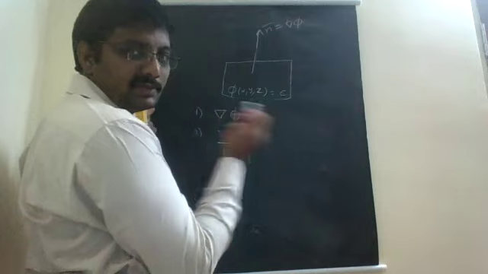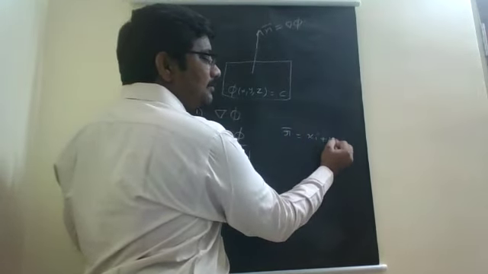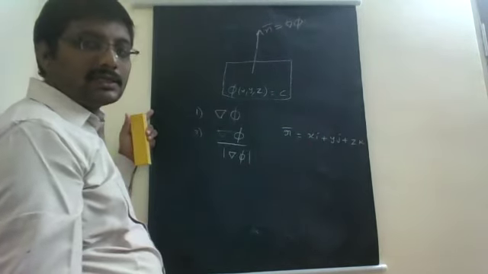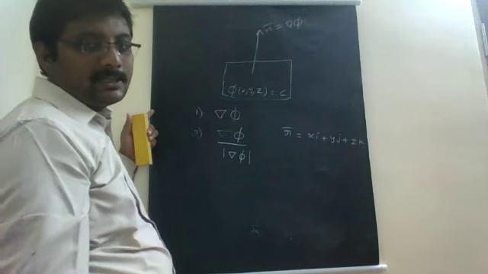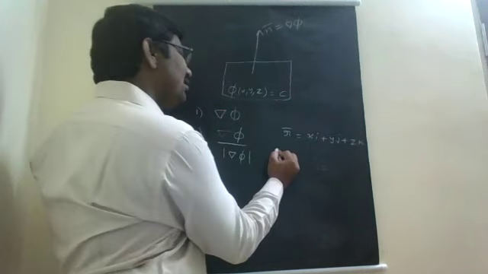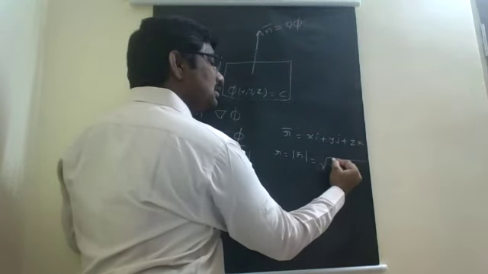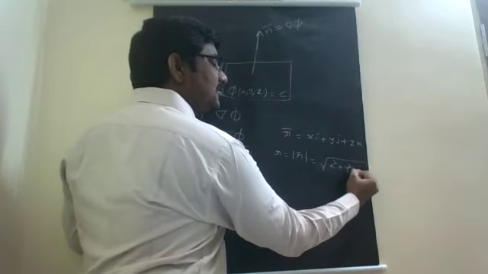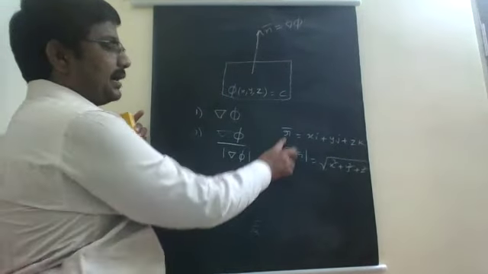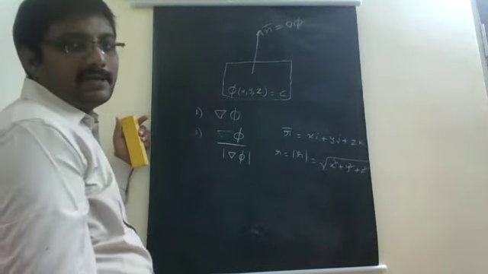So it is the unit normal to the surface. Modulus is nothing but magnitude. For example, suppose r bar is xi plus yj plus zk, that is the position vector about the origin, and any point P of xyz, that is OP bar. OP bar is nothing but r bar, and r is the modulus of r bar. So modulus of r bar means magnitude. It is the square root of x square plus y square plus z square. It is the magnitude of r bar. Like that we can compute the modulus of del phi.